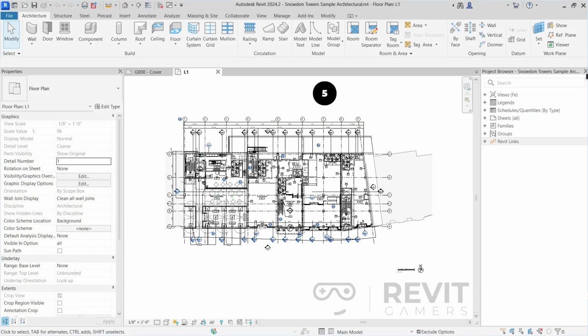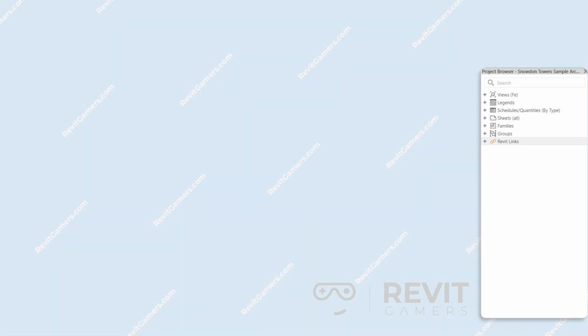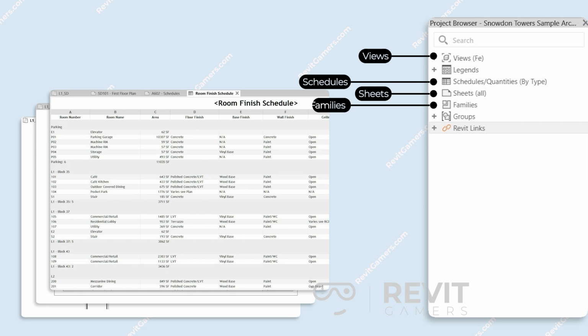Next is the Project Browser. The Project Browser lists all the views, sheets, schedules, and the Revit families in one place to navigate inside your